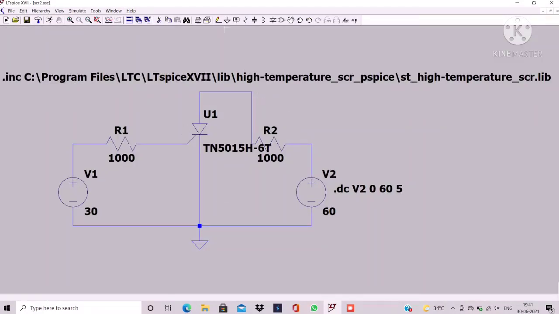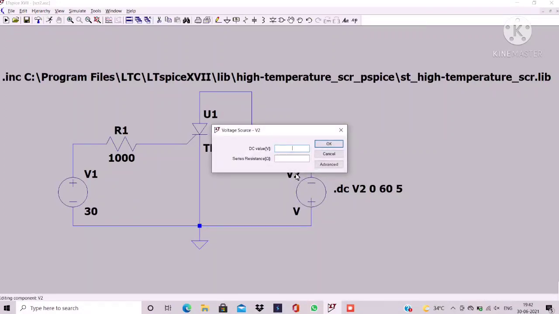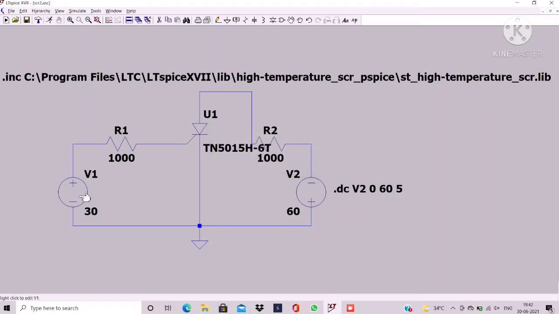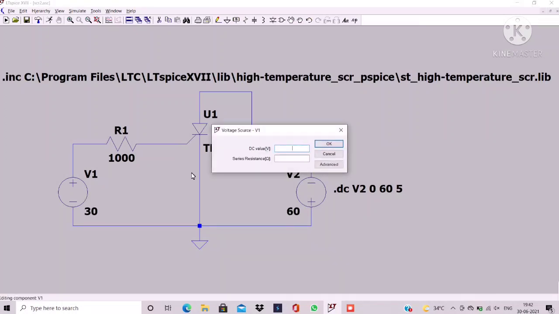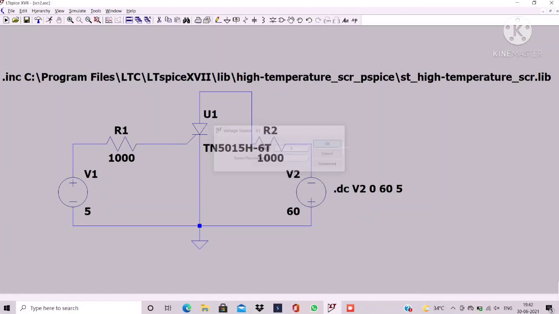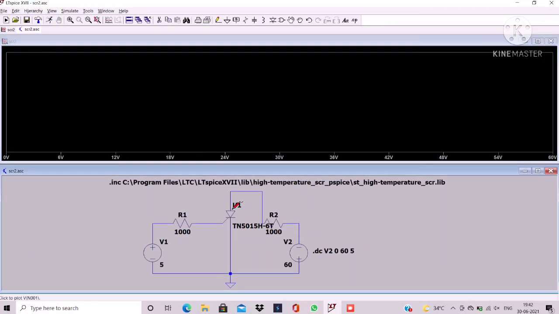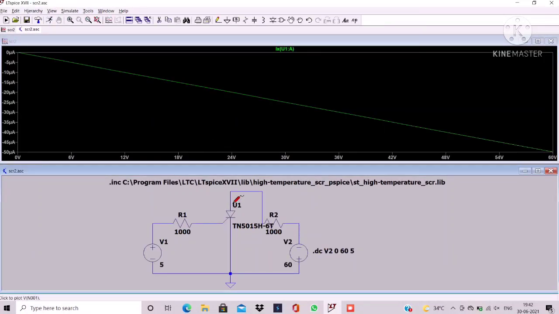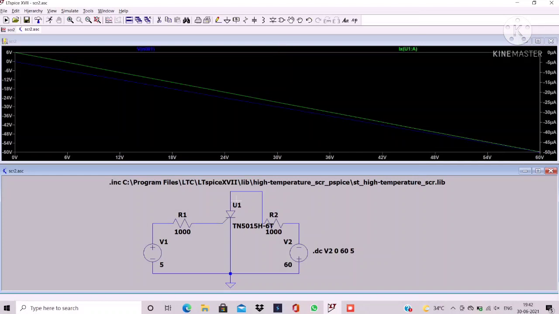Now go to the circuit window and press on the scissor button. We can see the scissor; cut the V2 voltage and go to Component. Now type voltage, select the voltage source and place it in a reverse bias position. After that, press Escape. Now click on the V2 voltage source and give the value as 60 volts, and click on the V1 voltage source and give the value as 5 volts. Now go to the run button. Now place the black probe just near the anode and place the red probe above the anode.